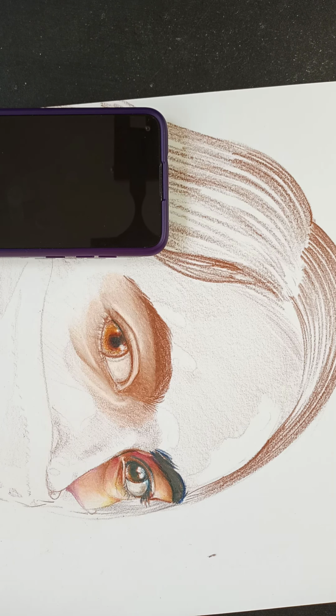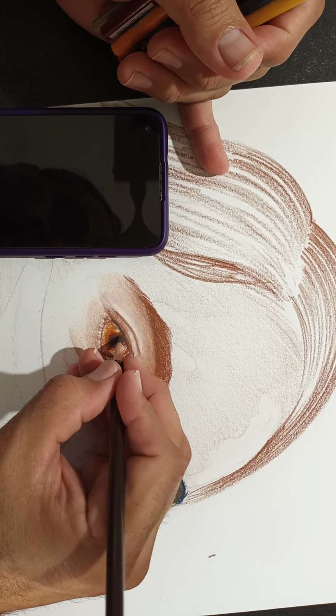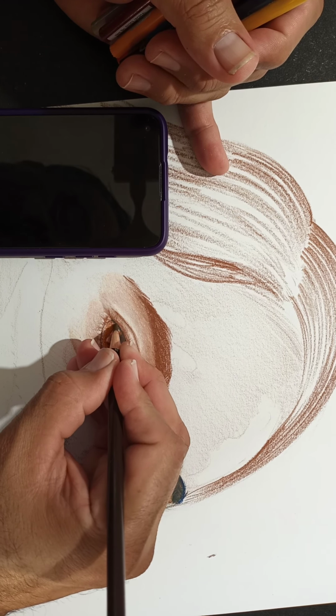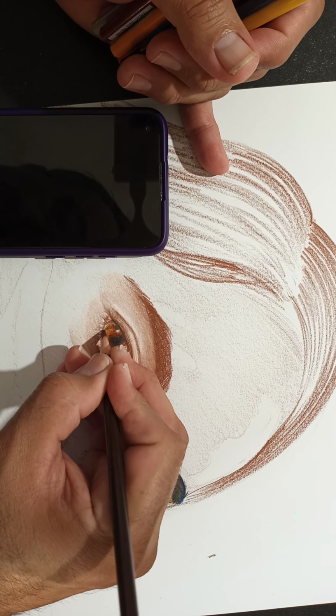There you go. So this is a burnt umber here, and this would definitely do the job much better than me